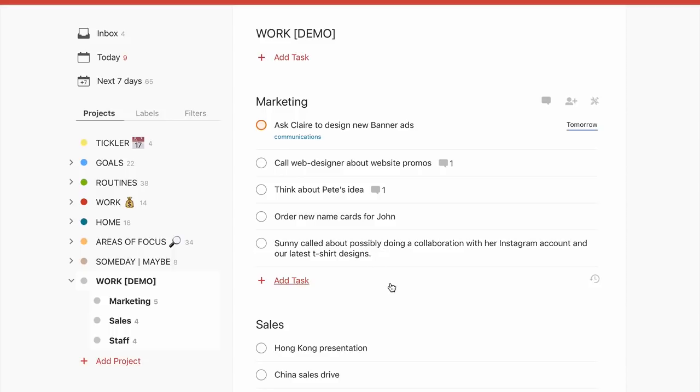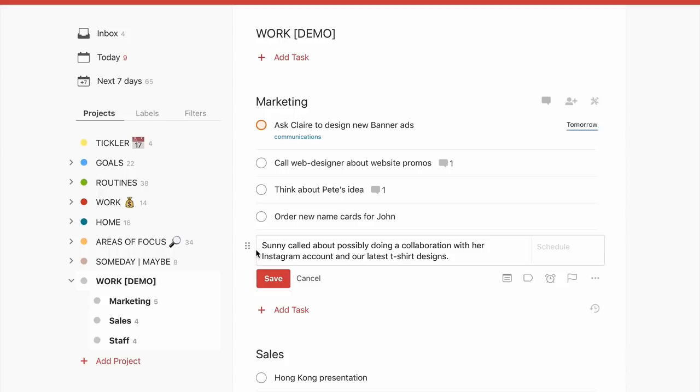Well, that's not actually a task. That is actually something that you want to be reminded of. So how would you organize this task? I would go in and probably highlight this, save it, and then